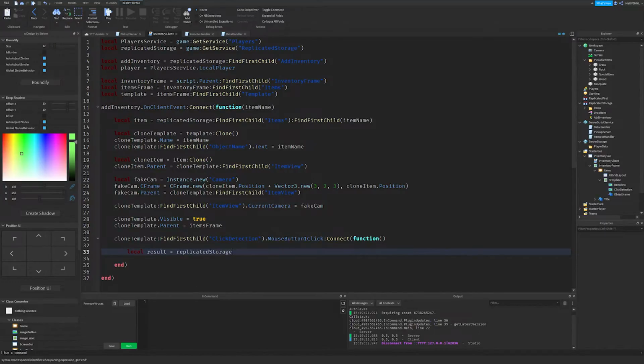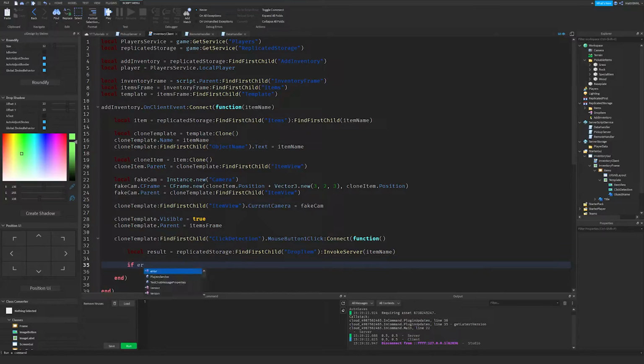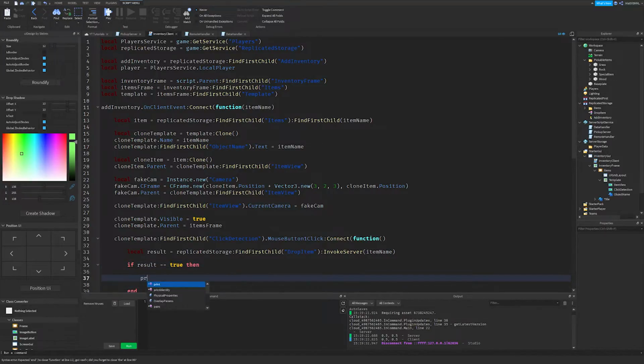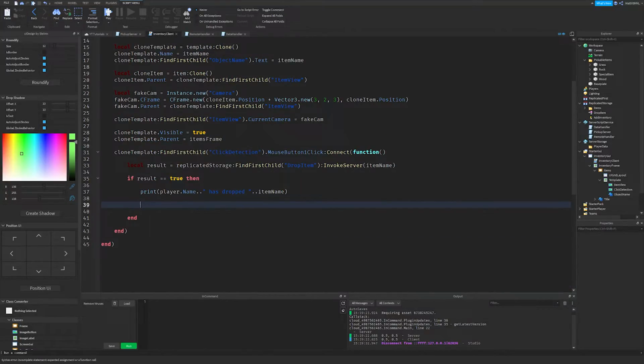Local result equals replicated storage find first child drop item, dot invoke server. Then we'll send over the item name, and then we're gonna do if result is equal to true, then print the item has dropped, item name, and items frame find first child item name destroy,